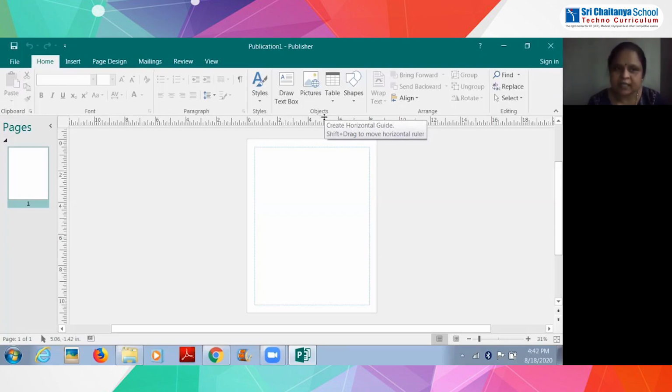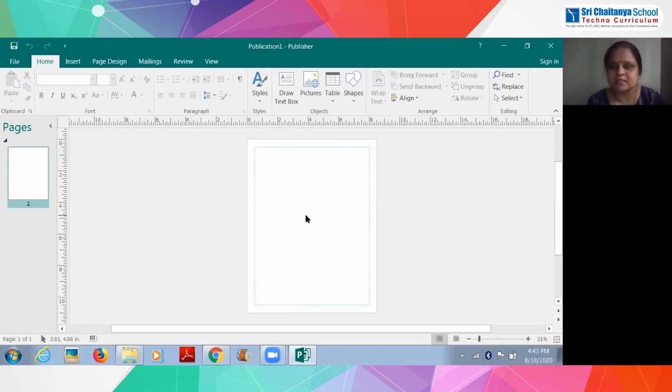So when we are telling where you have to click, how we will tell in the lab, you have seen, right? When we used to teach you, you might have observed last year: click on the Home tab, in the Home tab, in the Font group, click on font style, like this we used to tell you, right? So this is how we are going to access. And on the left side, you can see this is a page tab, where you can see how many pages are there in your template, whatever template you are going to select. And this is called the work area, where you people are going to work.